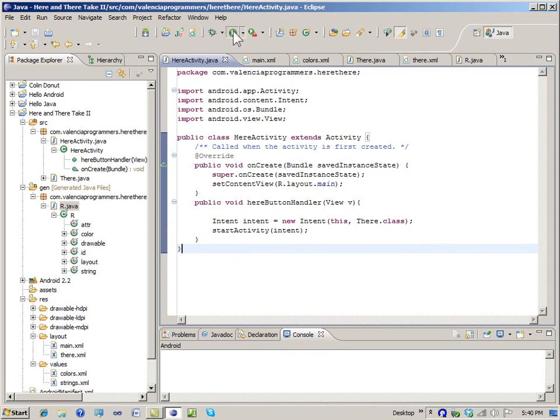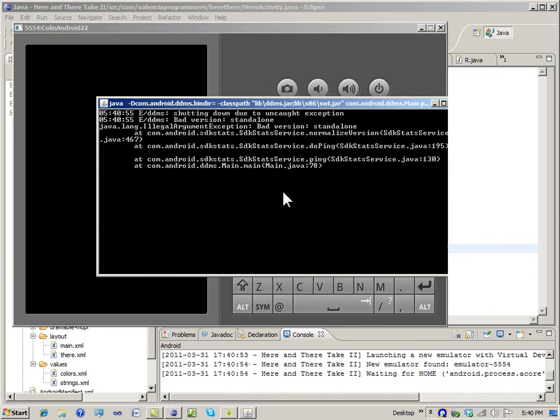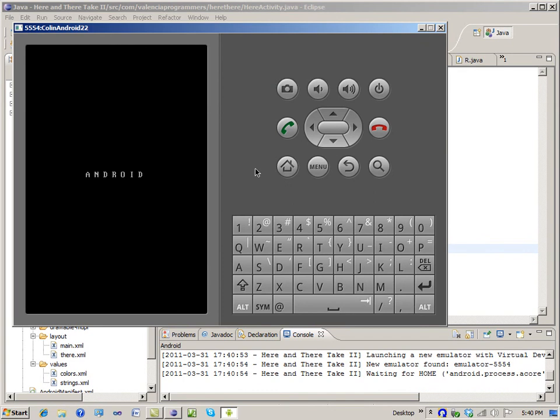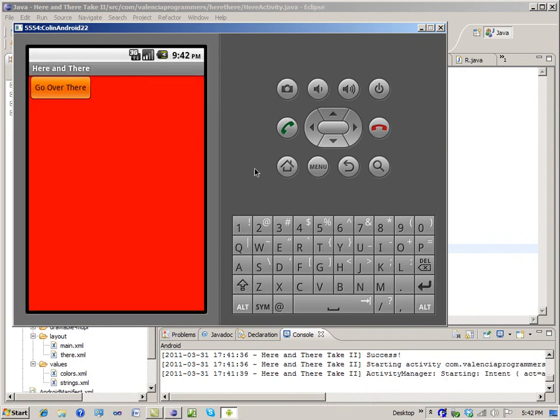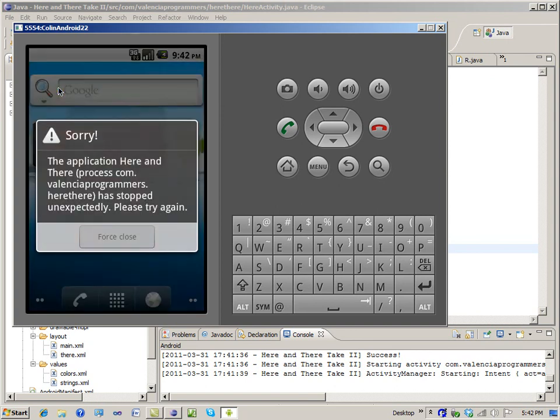Okay, let's do it. Okay, so here's the big test. If you're looking in the console window, if you get this, that it has installed your APK and it's starting it, then you should see something happen. So if I click on go over there, oh,